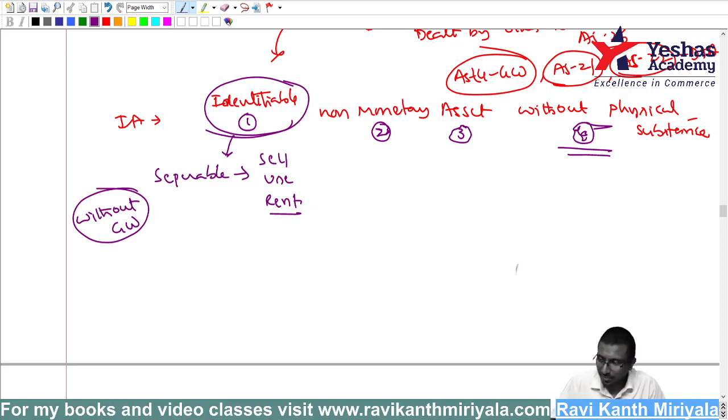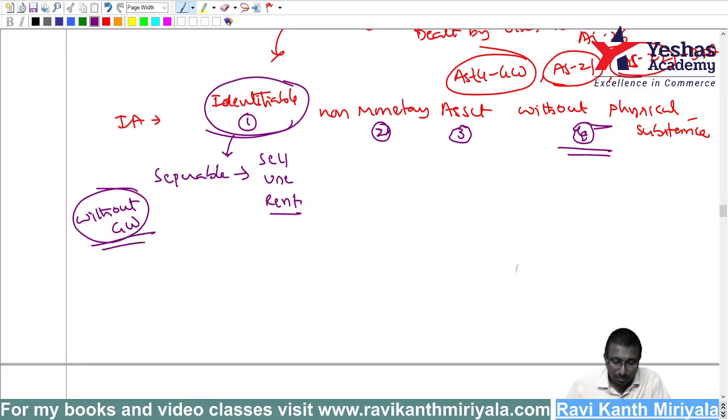Why is goodwill not identifiable? Because you cannot sell goodwill alone; you have to sell the company together. If I want Tata company's goodwill, how do I purchase it? Can I go to some market nearby? No. You can purchase a Tata company product, but not Tata company goodwill. So goodwill is not identifiable. Anyhow, only self-generated goodwill is discussed here, and the standard says don't recognize it. If you have bought a company, that is discussed by Accounting Standard 14, not by this standard.